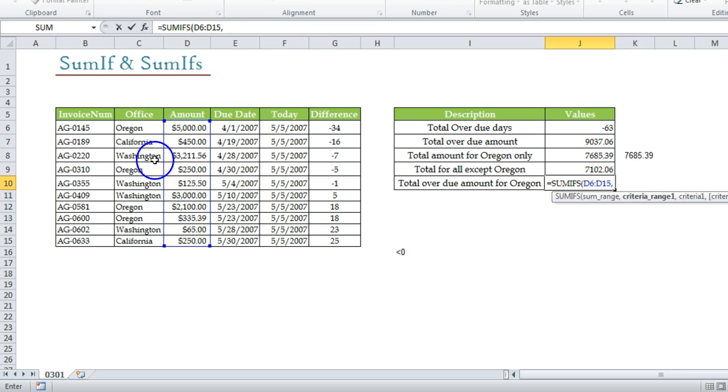Now you may have already noticed the range for Oregon will be offices 1, correct, comma, now criteria here will be Oregon. As we have already discussed, we can type in Oregon in double quotes, or we can select a cell that contains the word Oregon, because no symbol is associated with it in this question.